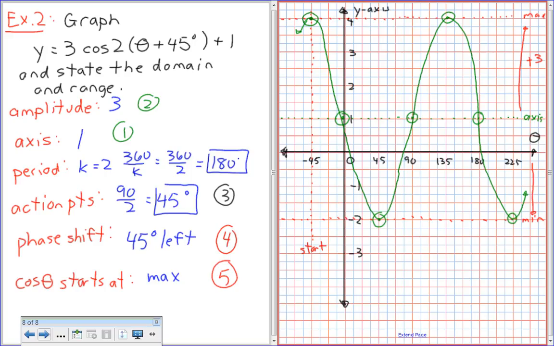Can I get 2 people other than Will and Conrad to give me the domain and range, please? X is anything. Good. Everyone loves that. Domain is so easy in this course. Every graph we've had, X is anything, haven't we? What's my range, please? Someone other than Liam. Someone be brave. From where to where? Four to negative 2. Good. So my range is going to go from